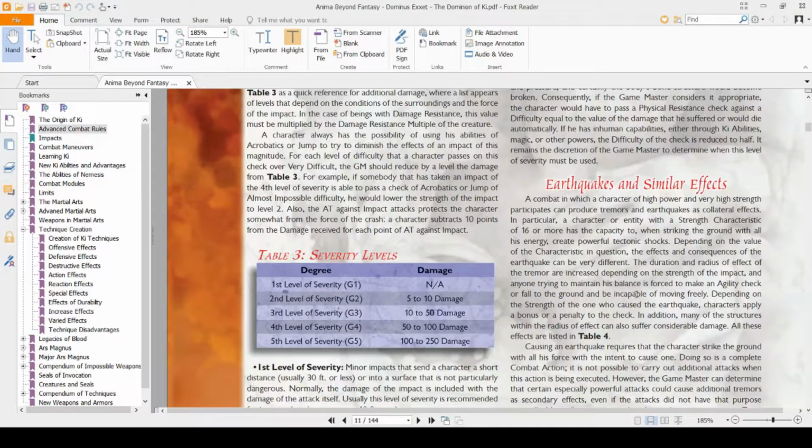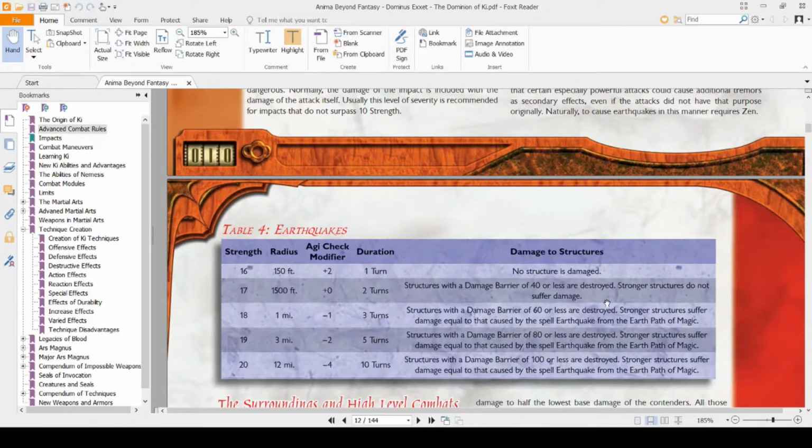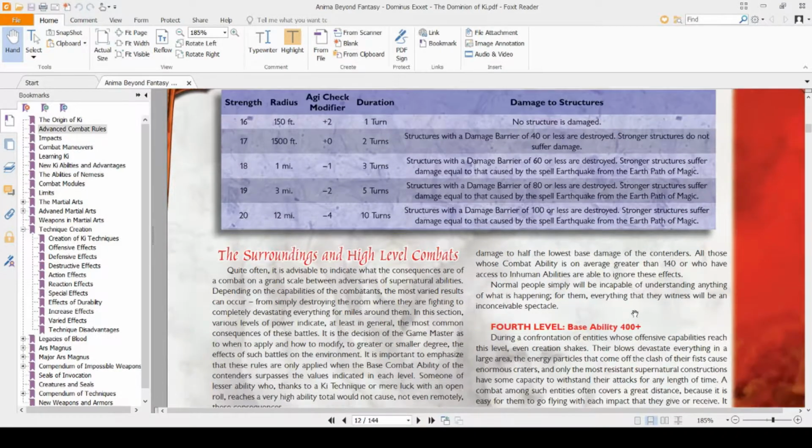And basically, if you have 16 strength or higher, you can make earthquakes. And these are how your earthquakes would work. It just lets you, if you have a high strength character or someone who invests heavily into feature strength and then uses the core exit rules to have feature strength do something, suddenly you can now make earthquakes, which is cool. I haven't had a chance to actually use these mechanics yet, but I like the idea behind them because